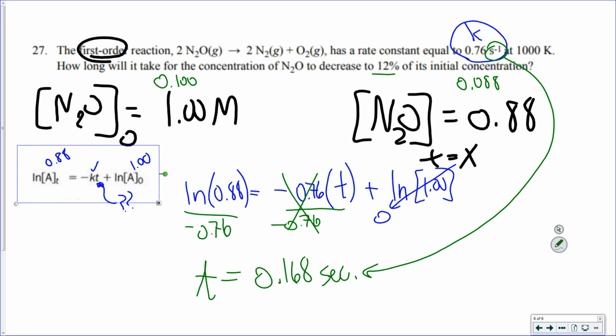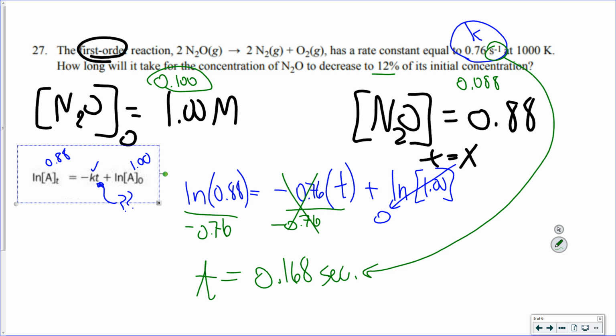It wouldn't matter what numbers you put in, it still would have worked out. The good thing about using 1 is that when I take the log of 1, that term drops out. If I would have left this term here and used another value, it would have been different. So you can just pick one if it doesn't give an initial concentration. If it gives you the initial concentration, you have to put it in. But if it doesn't, you